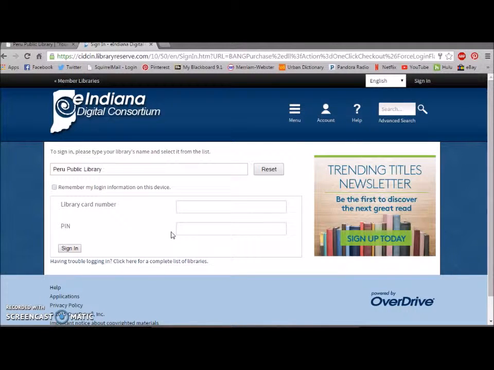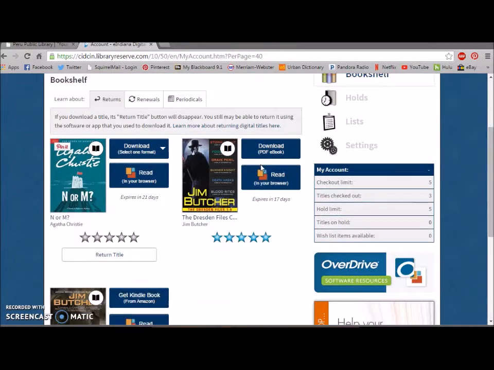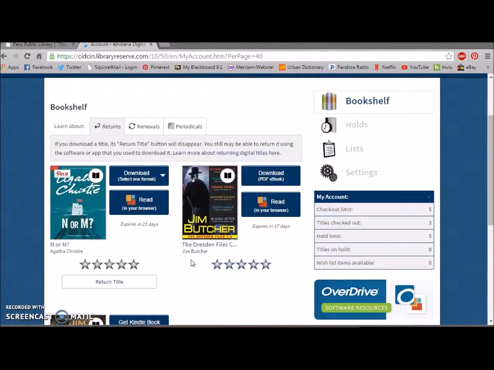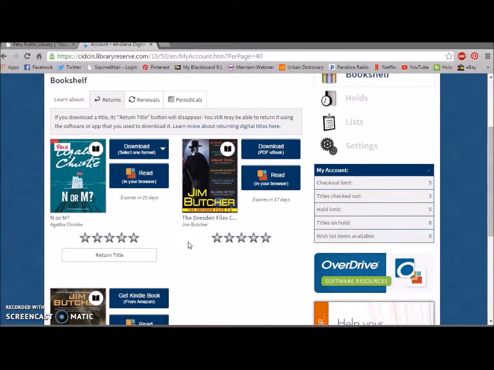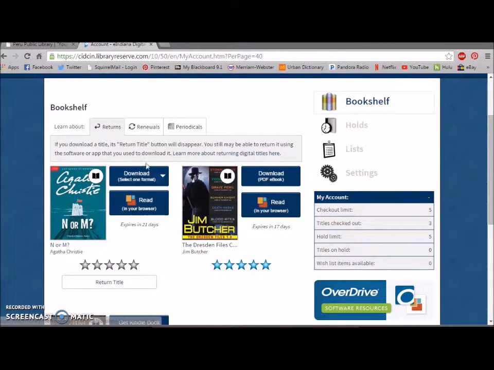If you don't know what your PIN or password is, you can always have the staff reset it for you at the library. And you then sign in. Okay, so this will show you what books I have checked out, and it will show you the book I'm